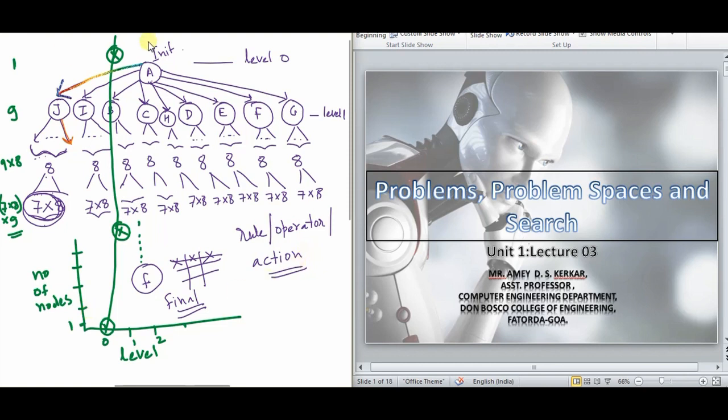Now for game playing and problem solving, this entire state space is already loaded into the machine's knowledge base or memory, so that whenever a player plays a particular move, the machine already knows what move it can play so that it can reach the winning position. This is called the problem space if it is a problem that you are solving, or the state space in general.